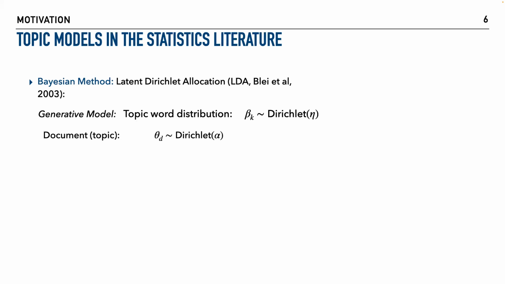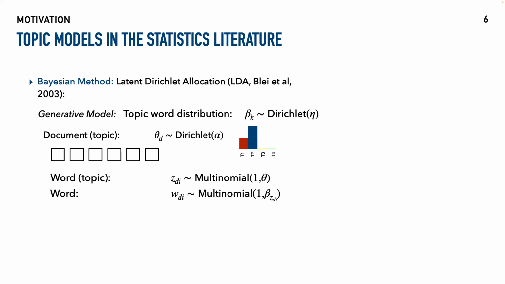So for instance, let's say I sample and I have 4 topics here. I sample 30% of topic 1 and 70% of topic 2 and 0 for the rest. And then for generating the actual document here, you could first think of the N words that you have in your document as just, for the moment, placeholders, and you're going to have to fill them. And the way you would fill them is by saying, well,